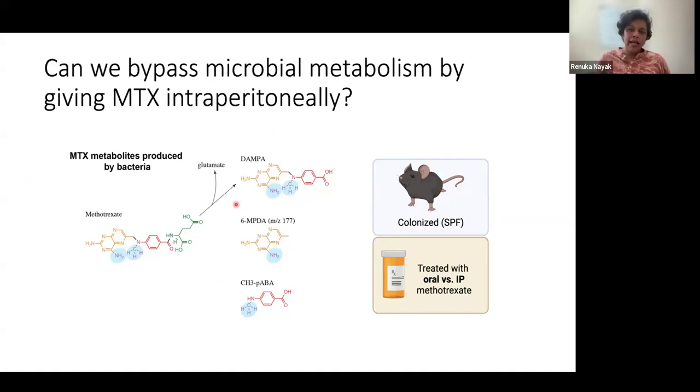So one of the questions that I get asked a lot is, well, you're doing these studies with oral methotrexate, the gut microbiome is metabolizing the drug. Can we bypass all of this by giving subcutaneous methotrexate, right? Which is an option in our patients. Most of my patients don't want to start with subcutaneous methotrexate. They prefer to start with oral methotrexate. But I know our pediatric colleagues usually start with subcutaneous methotrexate. Maybe we could just avoid this whole problem by doing subcutaneous methotrexate.